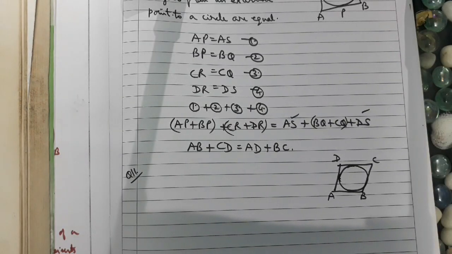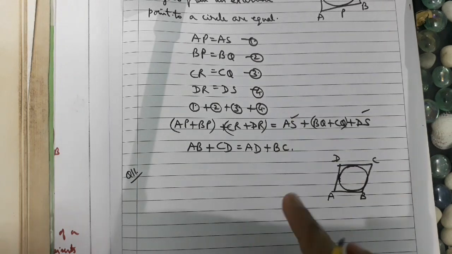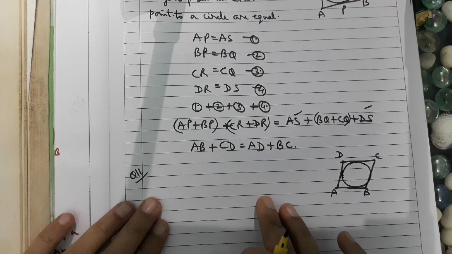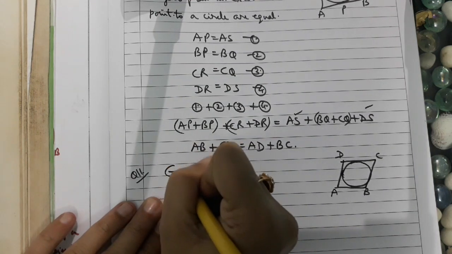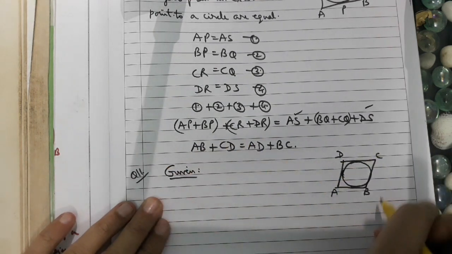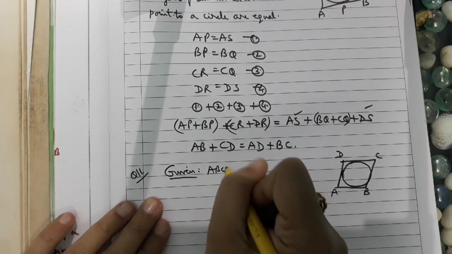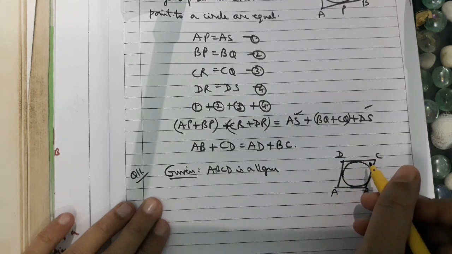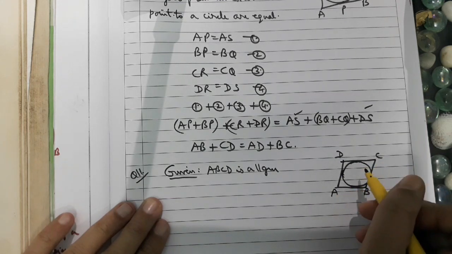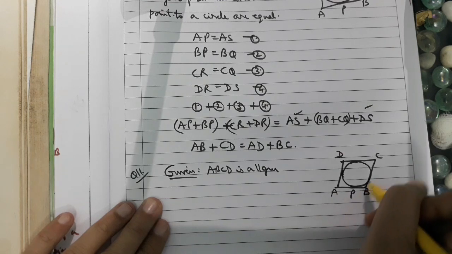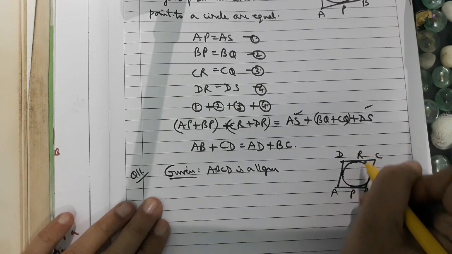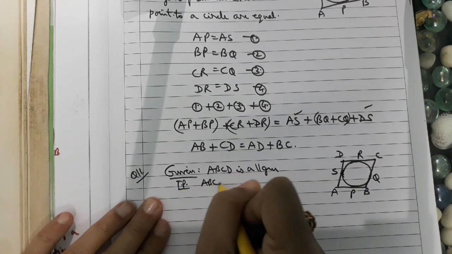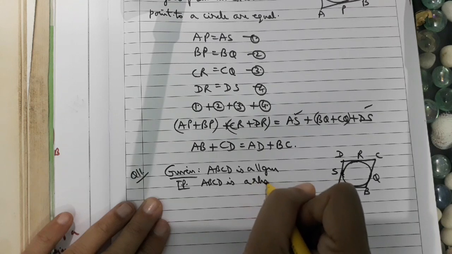Now we do the 11th question as it is related to the 8th question. So I am doing this first. Prove that the parallelogram circumscribing a circle is a rhombus. So this is the figure which is given to us. It is given to us that ABCD is a parallelogram. And you can see that this parallelogram is circumscribing the circle. It is outside the circle. Let these points of contact be P, Q, R and S. And we have to prove that ABCD is a rhombus.